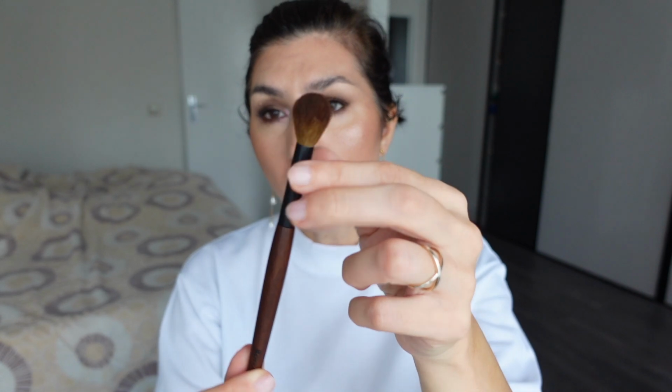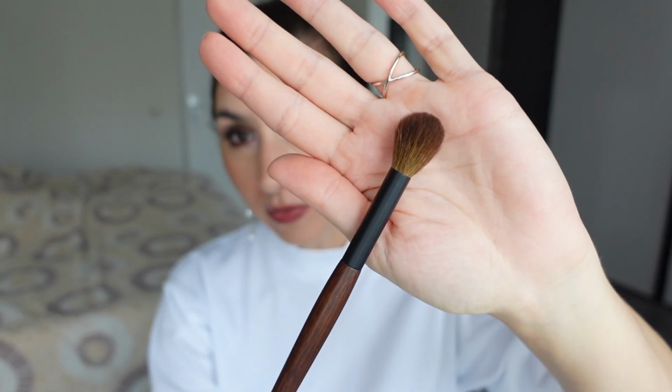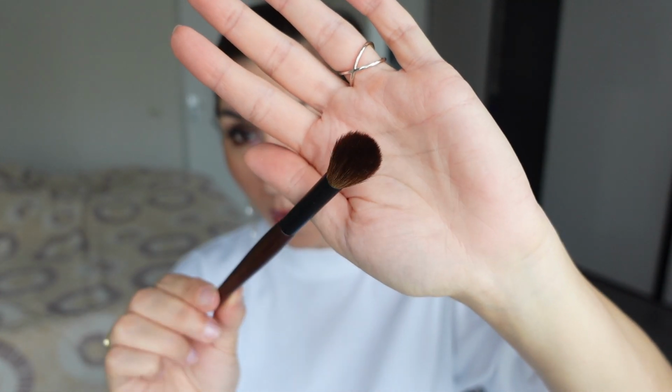I purchased this brush specifically to use for my highlighter because I love shapes like this for highlighter. I like that it is small, I like that it has a little bit of a taper to it, but it is also quite dense and fluffy. So I knew that a brush like this would be perfect to pick up the product on the side and then buff it with the top part of the brush. And